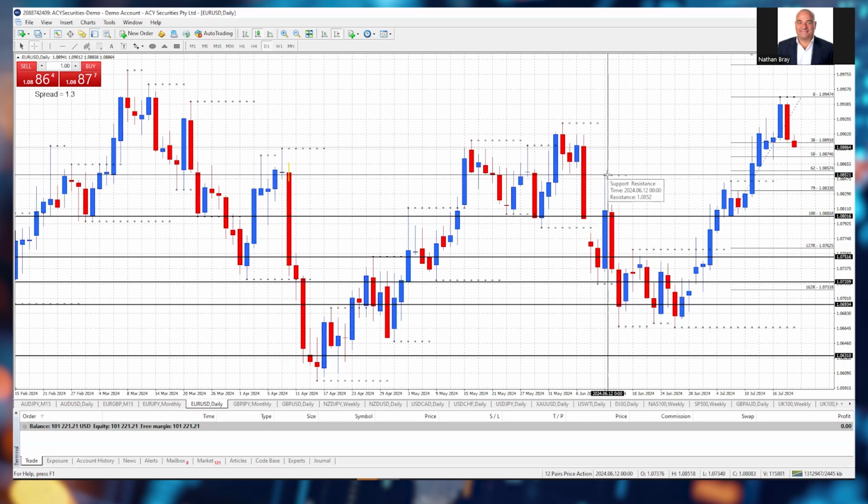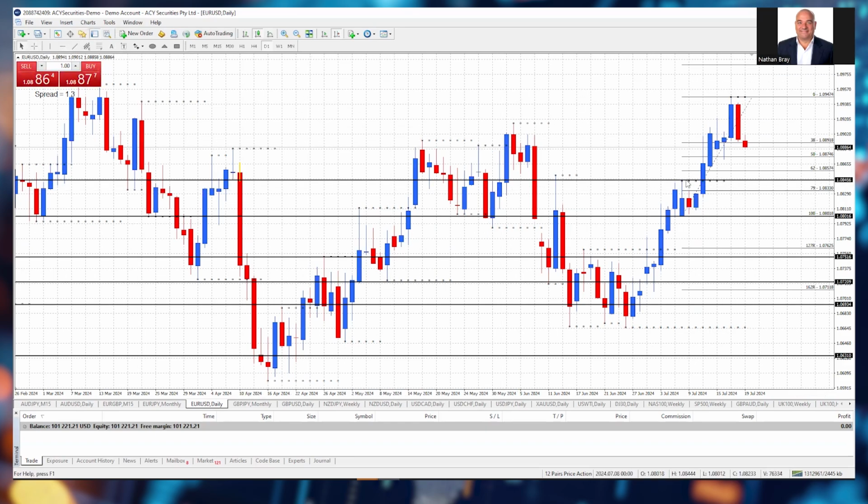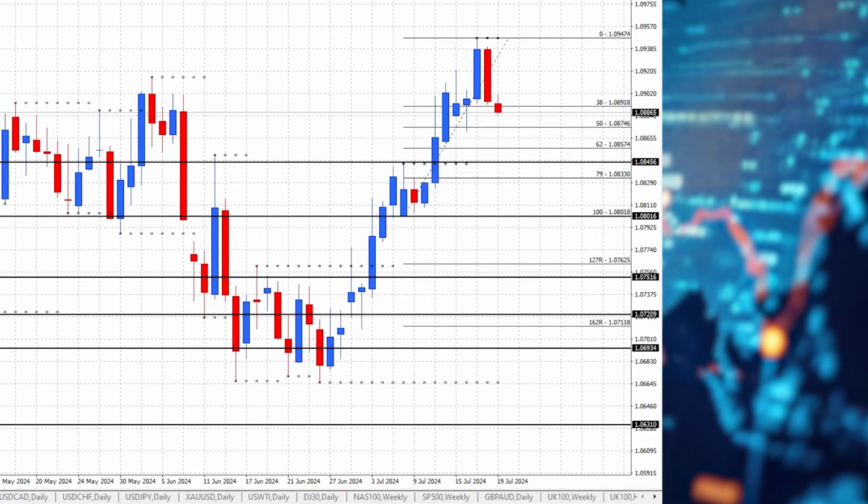And we could say, see the 62 level here. Now remember, it's not all going to line up perfectly, okay? But you see the 62 to 79 level. For me, I'm seeing also some previous resistance around here. So this area here is probably a level where I'm going to keep an eye on to see if I